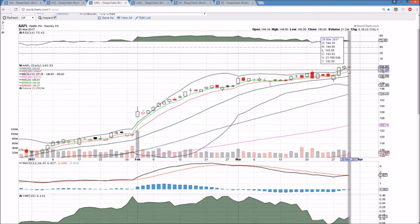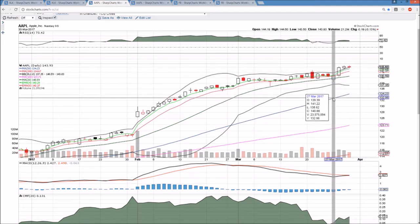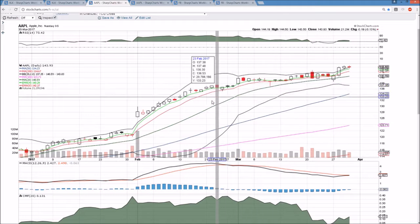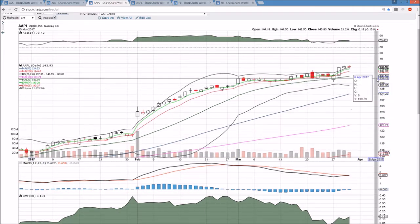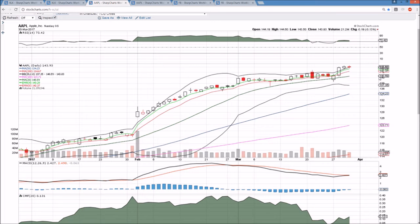If we do break the low of today tomorrow at 143.50, we will be looking down to consolidate. And again, normal healthy consolidation unless we lose this middle Bollinger Band, which has held pretty much all of 2017. So that middle Bollinger Band is 140.59 and continuing to ascend. Certainly very strong bounces off of that in the past,